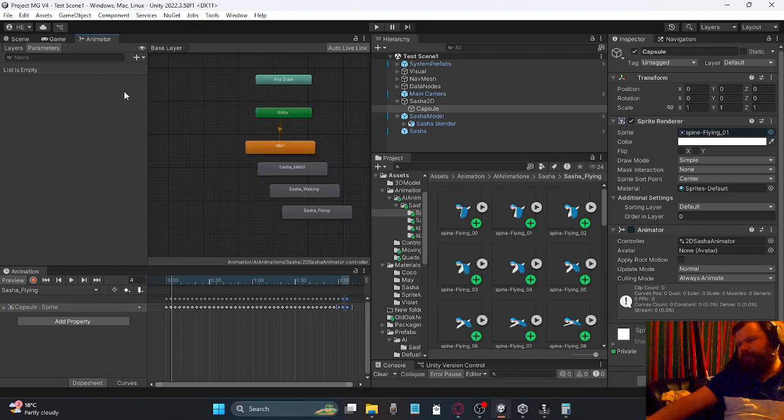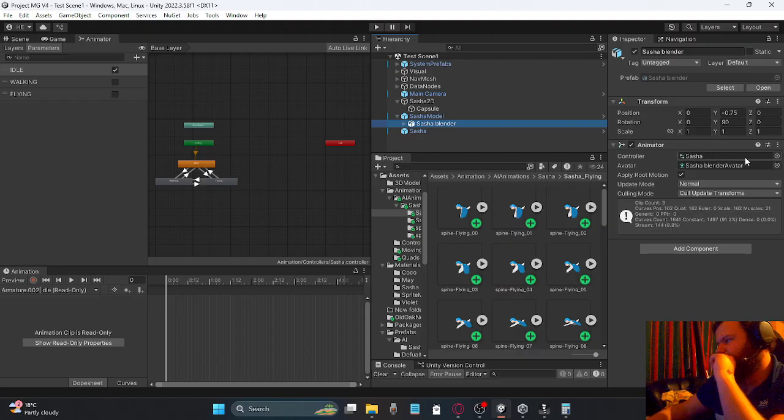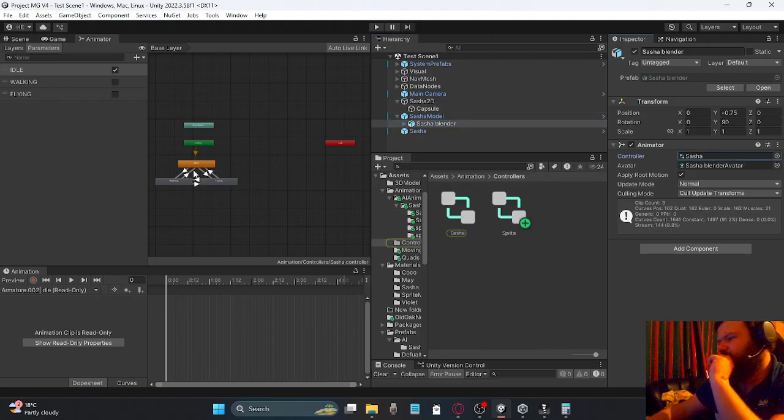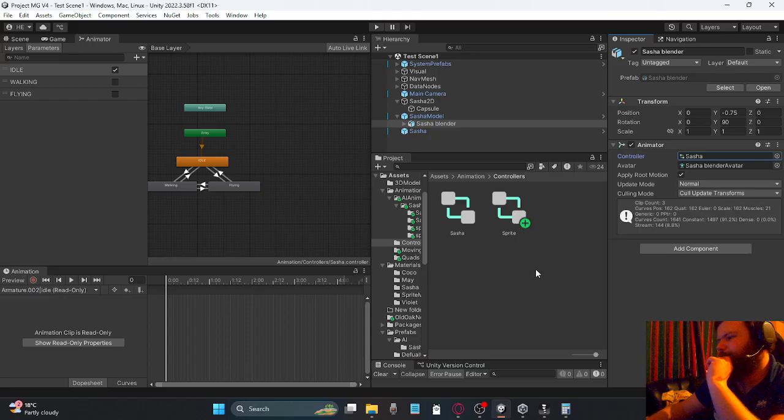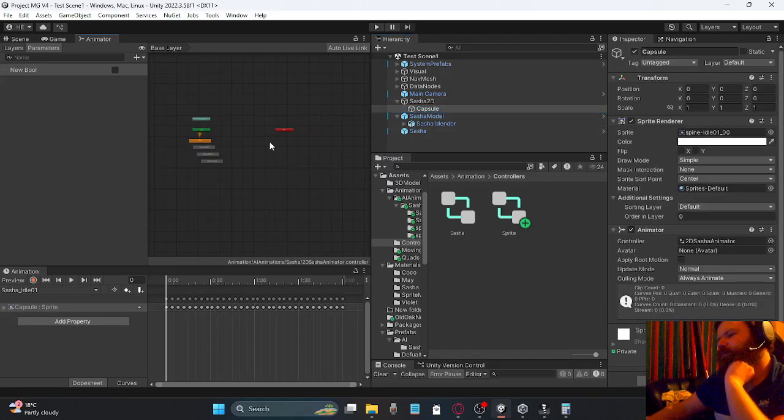Animator. Right. So, first of all, I need bools, but I need to know what's out there, so I need idle, walking and flying set in this type of config. Alright. Idle, walking, flying. So it's